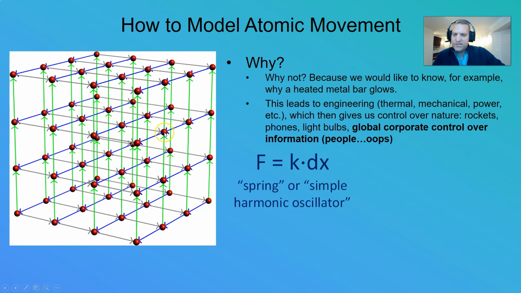So here's its resting position. What happens if we were able to grab that atom and pull it to the side like this? How much force is going to exist or manifest to want to put that atom back in its place? So we simply model that with a constant times the displacement. So dx is the displacement, and this is the same thing as a spring equation. It's also a simple harmonic oscillator when you solve it in a differential equation, which I'll get to in just a second.